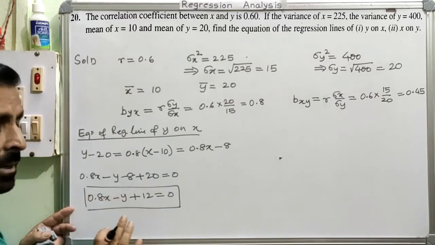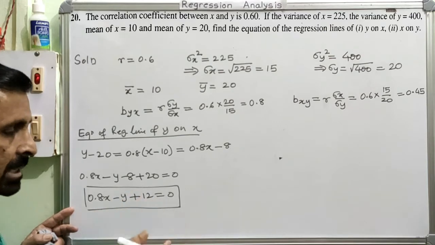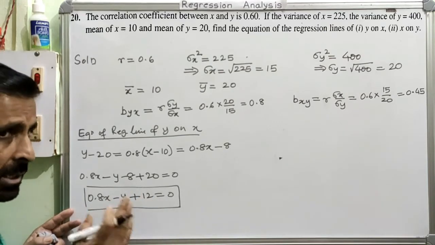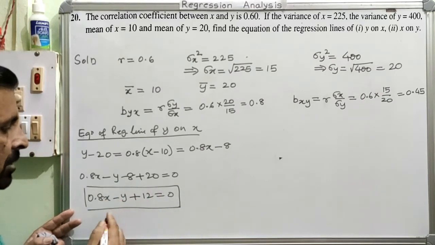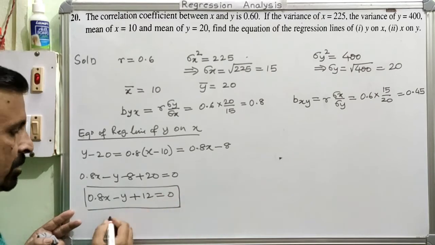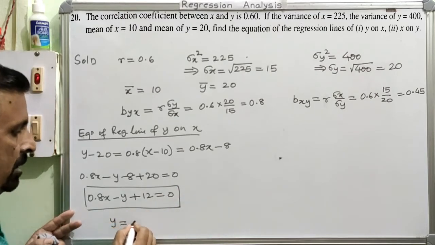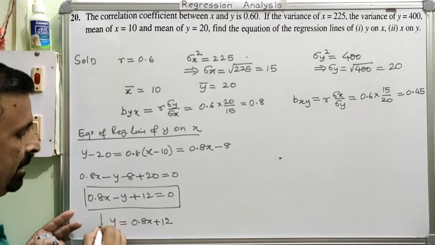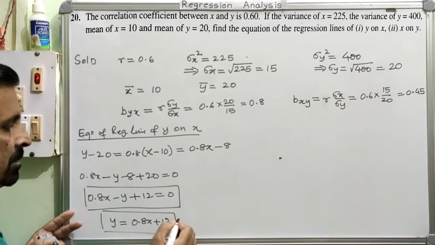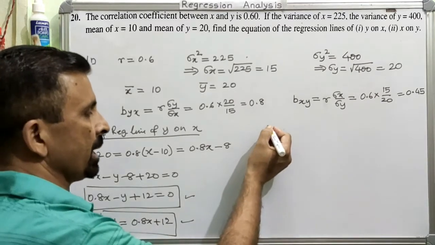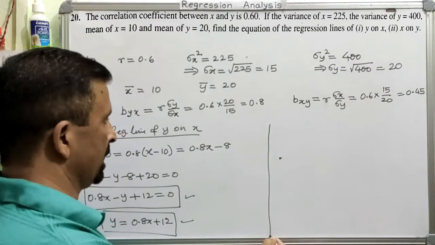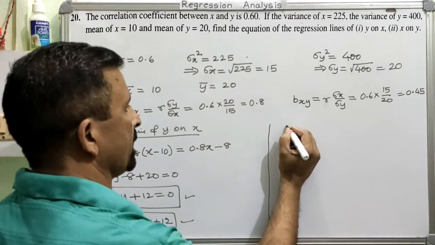This is the equation of regression line of y on x. Now I will tell you, sometimes you may find a different answer in the book, but then the answer is not different. This is just arrangement, and it depends up to what step you write the answer. If you want, you can rewrite this answer: I can take y to that side, so it will become y is equal to 0.8x plus 12. So this also can be the equation of the line of regression. Both the equations are the same. Am I very clear?